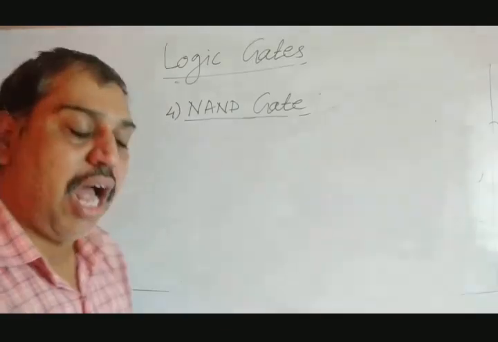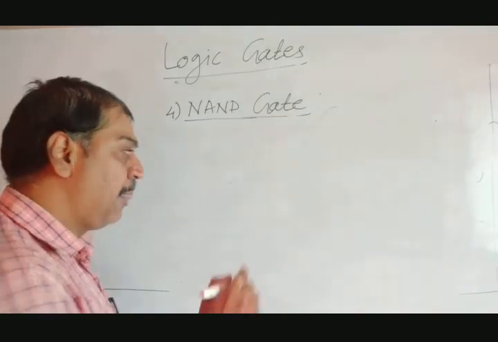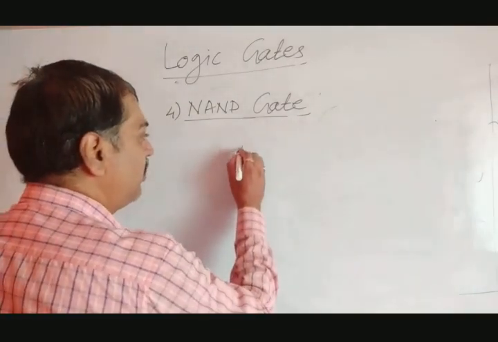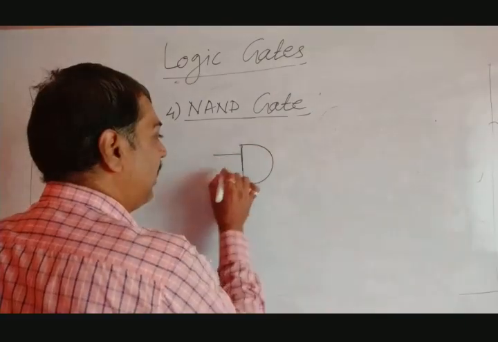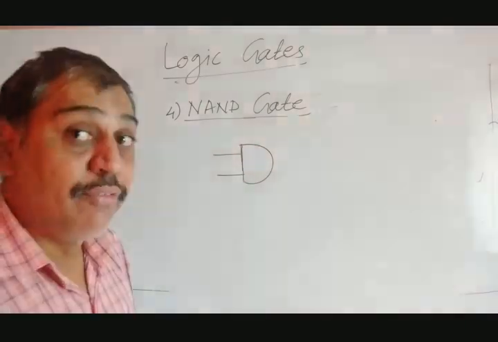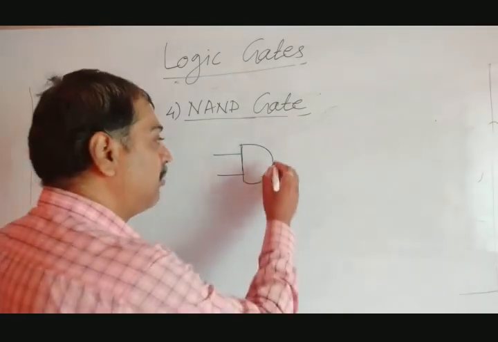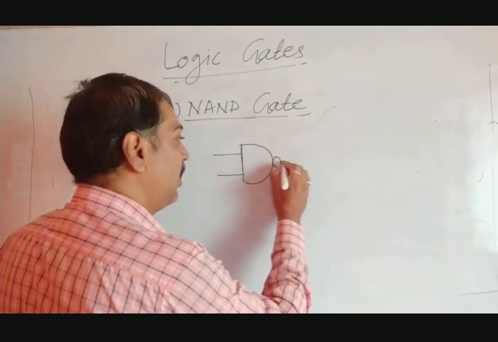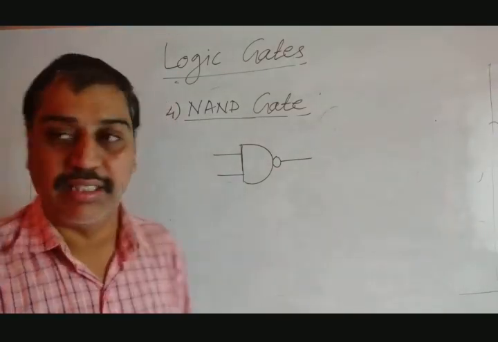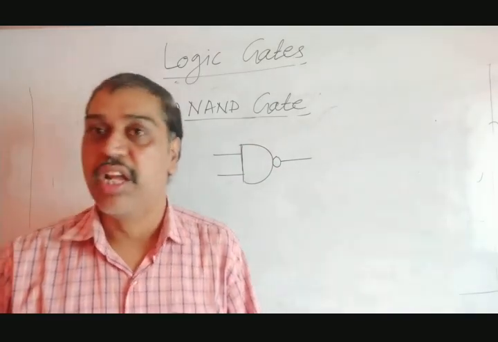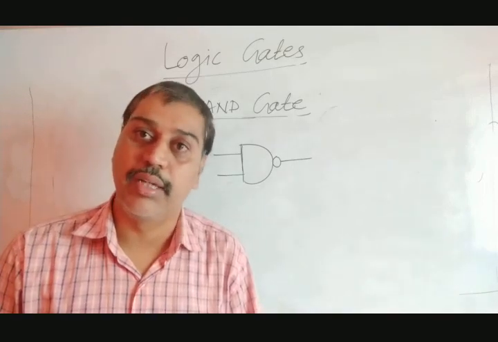Now let's draw how they represent this gate. It is represented in a simple way, similar to that of the AND gate. This is an AND gate we know, but it is an inversion. It is not the AND gate, so it must have a bubble here, and that is said to be the inversion of this. Exactly the opposite of the AND gate.